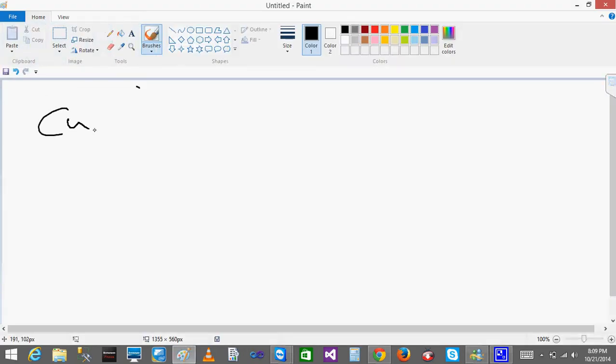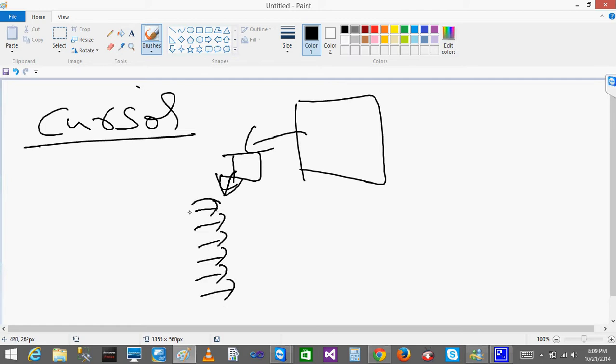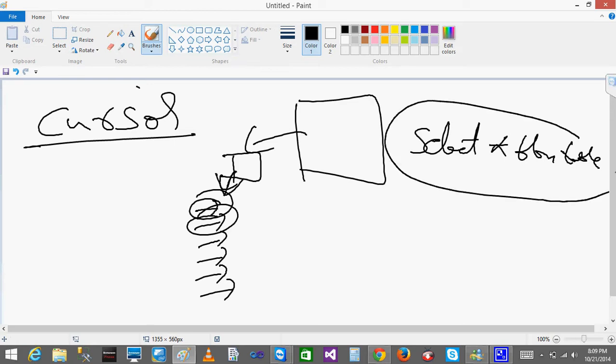So there is a concept called cursor. What this cursor does is, you can store the results of a query under one name, and from that name you can take record by record. You can pull one record at a time. Let us say when you do select star from table name, it is going to return all the records in a single shot.